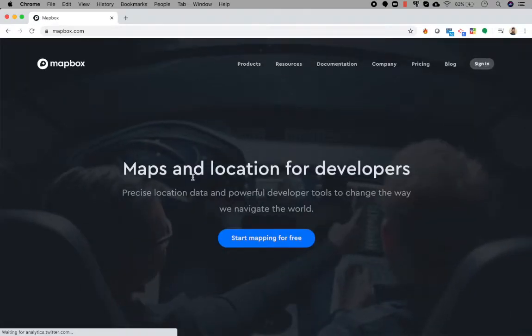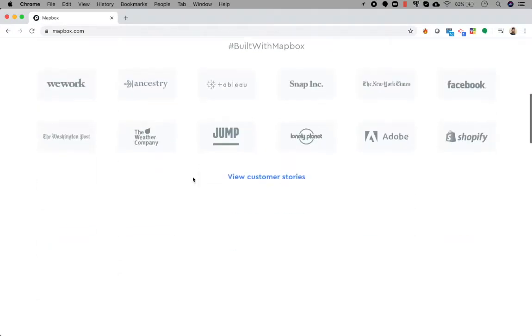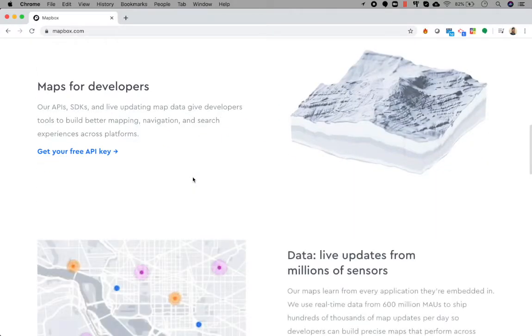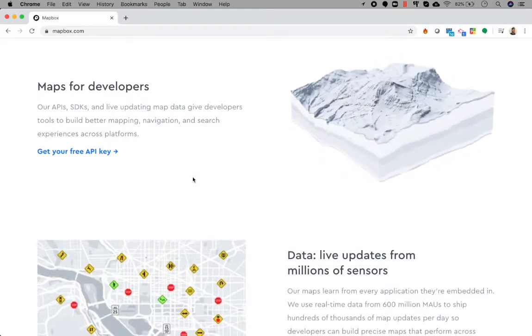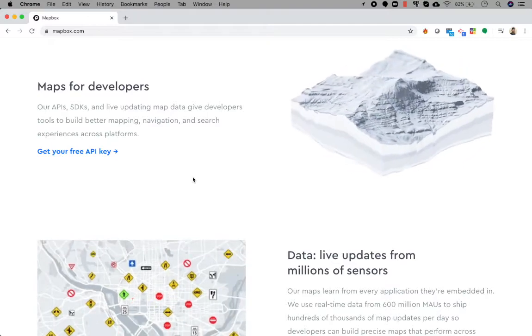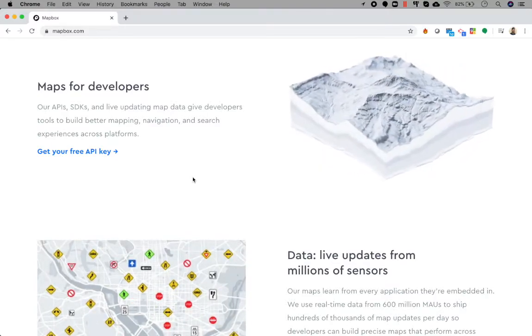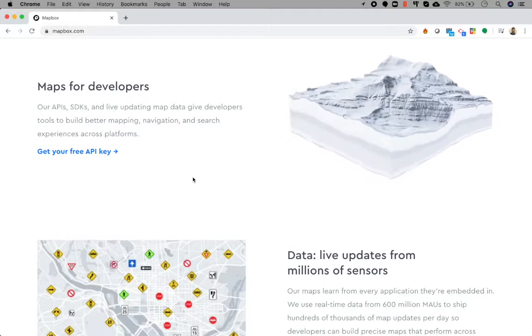And that is why I thought that including Mapbox is really important in this course. For us, we will be only looking at Mapbox GL JS, which is their JavaScript library.